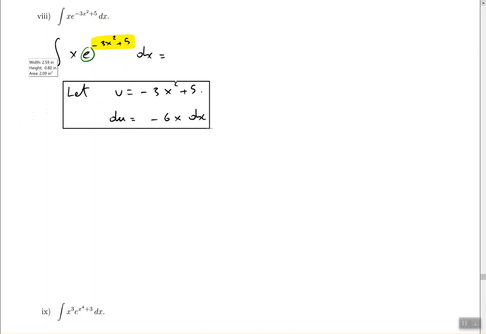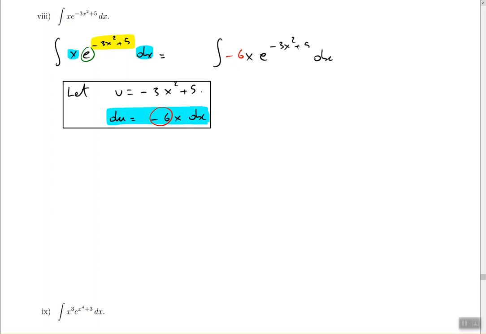So what I need in this problem is negative 6x and a dx. By looking at the problem, I only have x and dx. I don't have the negative 6. So I need the whole thing to be able to replace it with the du. So, the same standard procedure works again. We're going to need to put in some number in this problem. So the number that we need to put in is going to be negative 6 in this case. So we're going to put negative 6 there.